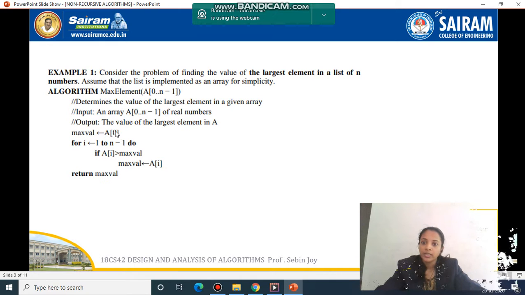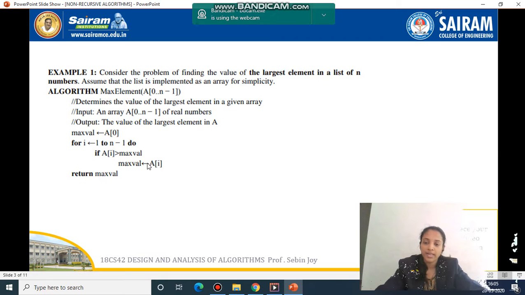What do I have to do? For the maximum value, I am keeping the first element in the array. So A of 0 is the maximum element. What I'll do is check the remaining elements against the maximum element. And if a remaining element is greater, what should I do? I should copy that one to the max value. That is the thing I have to do in this, and return the max value.